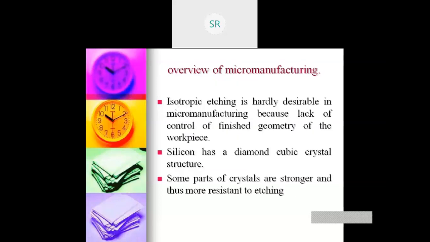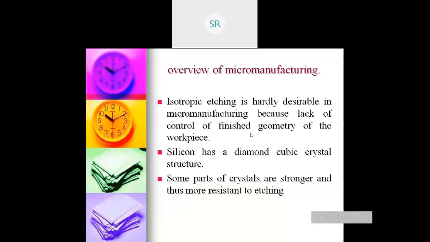Now, isotropic etching is hardly desirable in micro manufacturing because of lack of control of finished geometry of the workpiece. So why? Because there's a possibility of lack of control of the finished geometry of the workpiece.